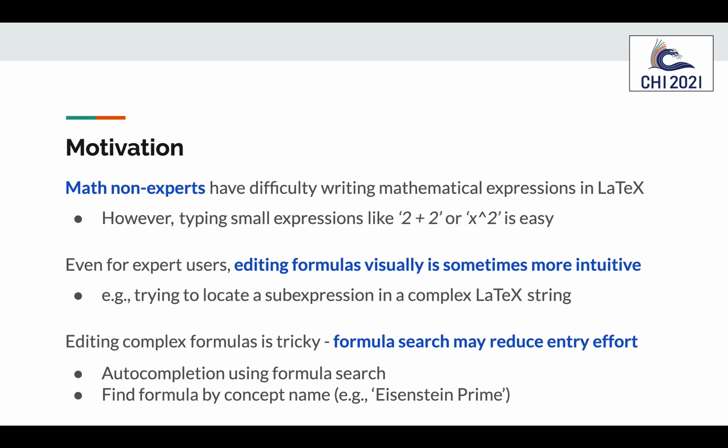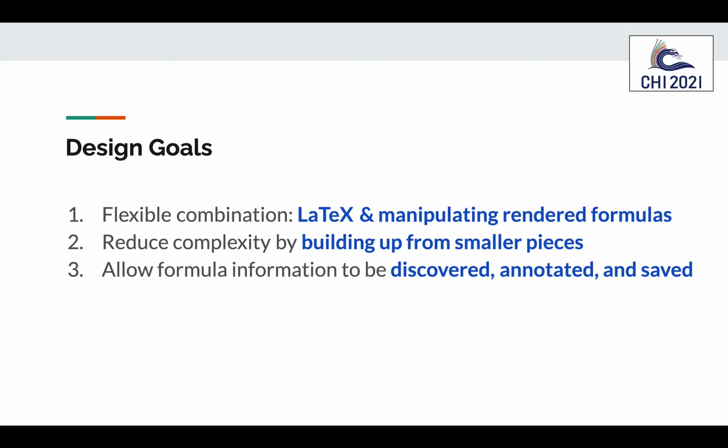So whether through autocompletion as we're entering formulas, or searching for formulas by name like Eisenstein prime, and then getting the LaTeX directly. So, three main design goals. We want a flexible combination of LaTeX entry and manipulating rendered formulas. As noted in the last slide, for very simple LaTeX strings, it's still easy for everyone to type certain formulas, so we want to allow that, but we also want the benefit of being able to modify the rendered formula. We also want to reduce complexity by building up from smaller pieces and allow formula information to be discovered, annotated,